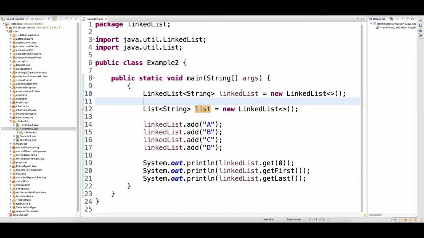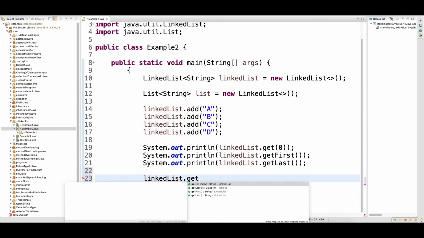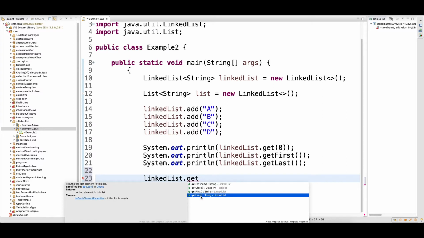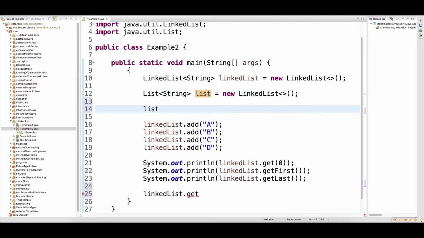When you go to the LinkedList class and type dot get, you have three methods for getting an object from the linked list: one based on the index, one getFirst, and one getLast. These last two methods you can use only if you make the reference of LinkedList, not the reference of List, because the List interface doesn't have these methods.